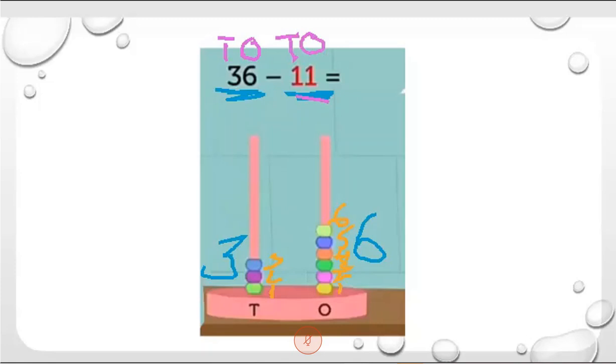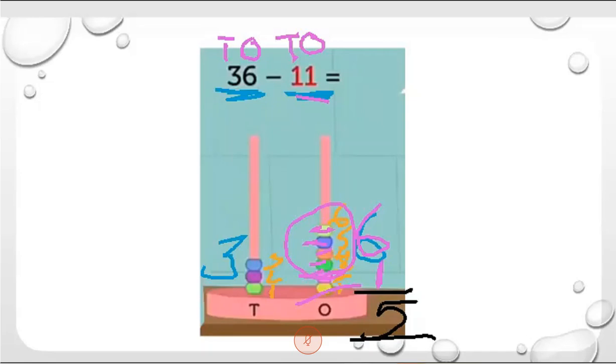Now let's take the ones place. In the ones place we have 6. Now take another one. How much do we have to take away? 1. Yes, 1 we have to take away. So what will we do? We are going to cancel that 1. So how much is remaining? Count it. 1, 2, 3, 4, and the last one is 5. So the remaining is total 5. So write down the remaining. That means 6 minus 1 is equal to 5.